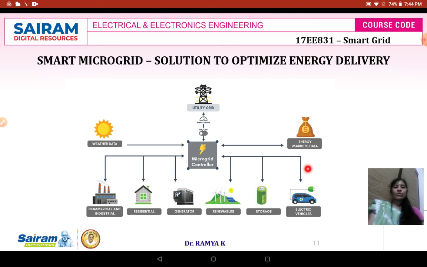And one more load we are going to use is an electric vehicle. Here you have a plug in and out system. When the charge is completely down in the electric vehicle, they can plug into the grid, and the battery in this EV will get charged. So in order to have power optimization, the energy management technique is important, and handling uncertainty, power theft, everything has to be optimized.